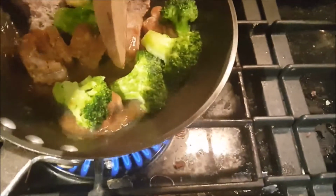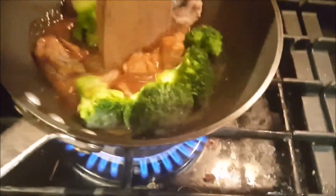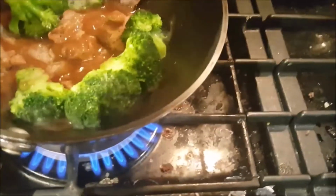This is the part where it looks honest, where you actually start cooking it. So I'm gonna chop up these brown things, where the sauce, I guess, thickens as you cook it. So you want it to be kind of